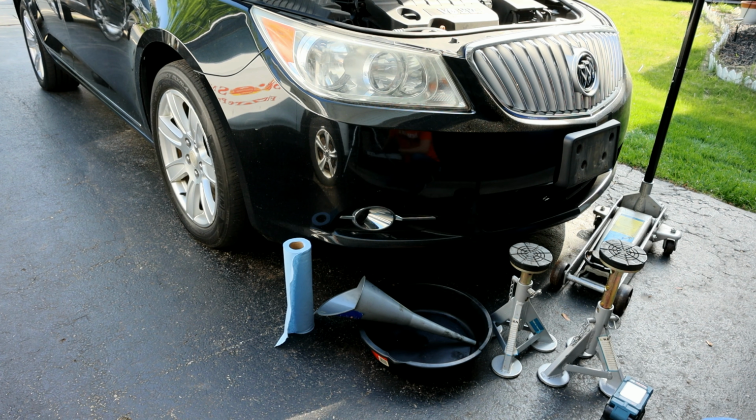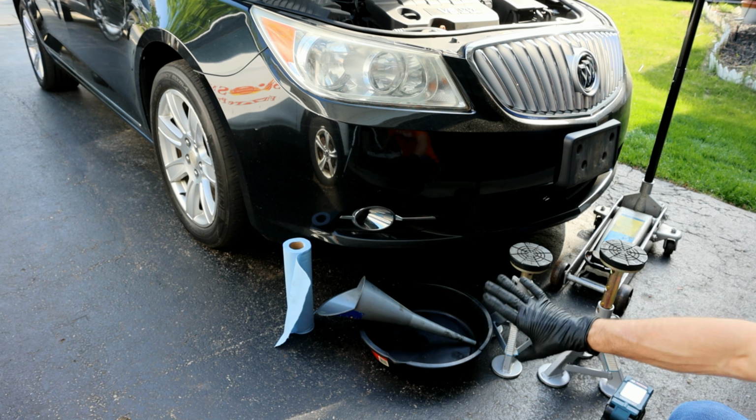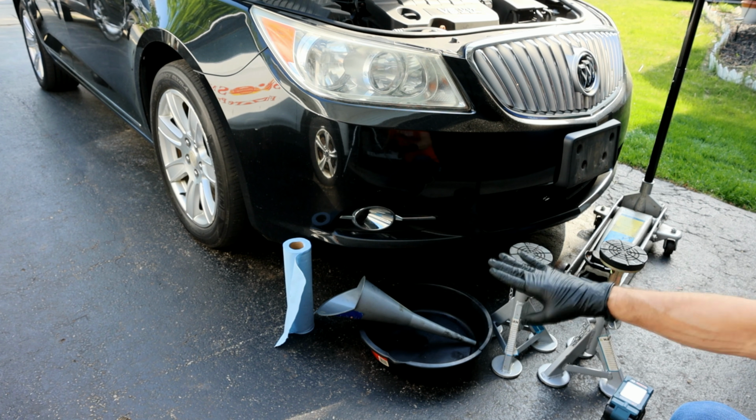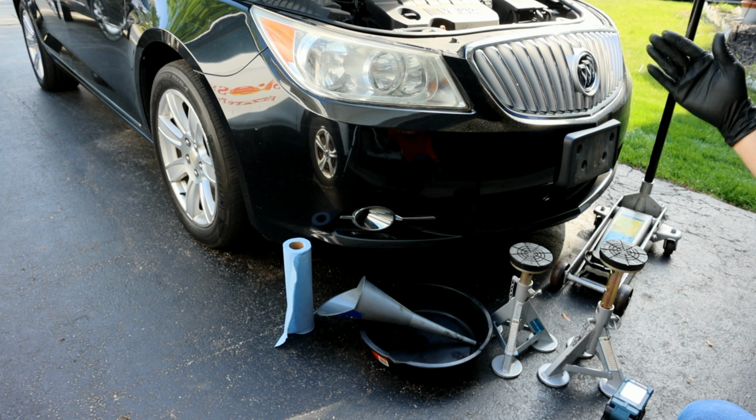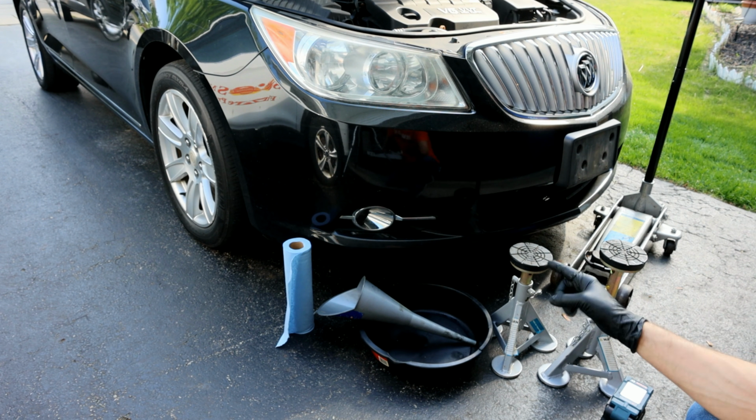So that's why it's important when you're doing this, make sure you have a drain pan there that has a visible mark on the side where you can gauge how much comes out. We're simply looking to see how much came out, then we're going to put that same amount of new fluid back in. So to get started here, we're going to jack the vehicle up,